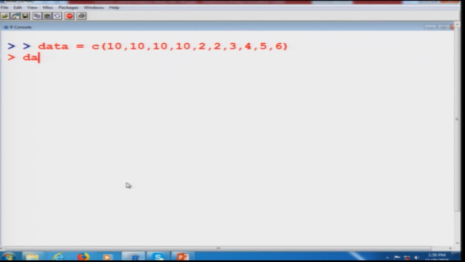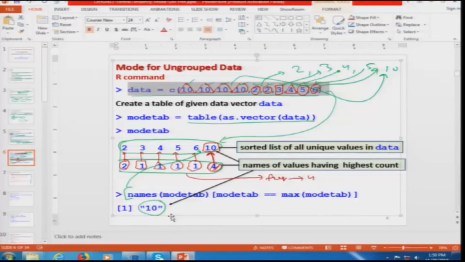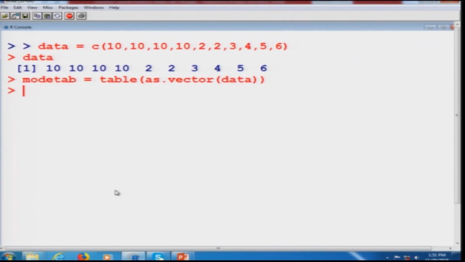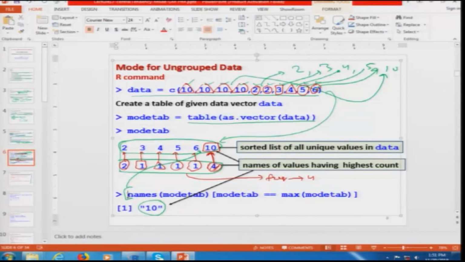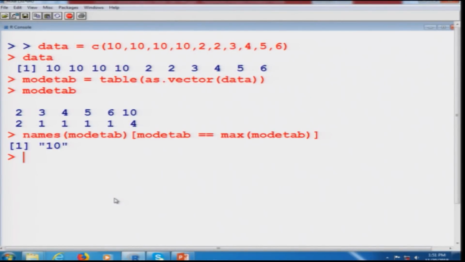So I have got here a data, and with this data I am trying to get the value here, mode tab. You can see here this is mode tab, and after this I am using the command in step 2 to get the value of the mode. This is here 10, right.